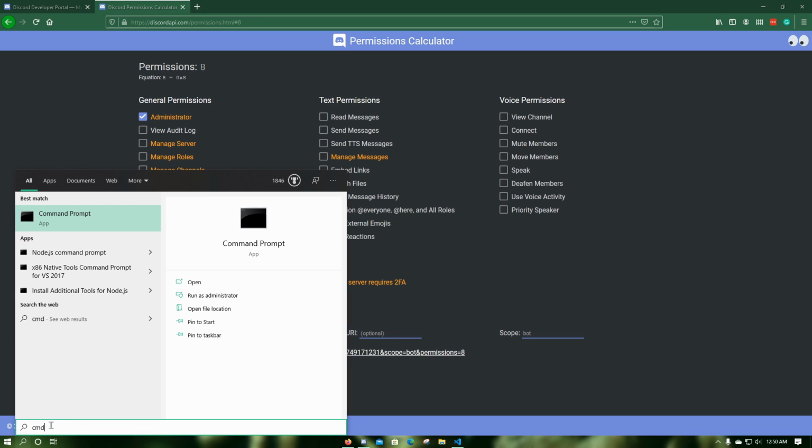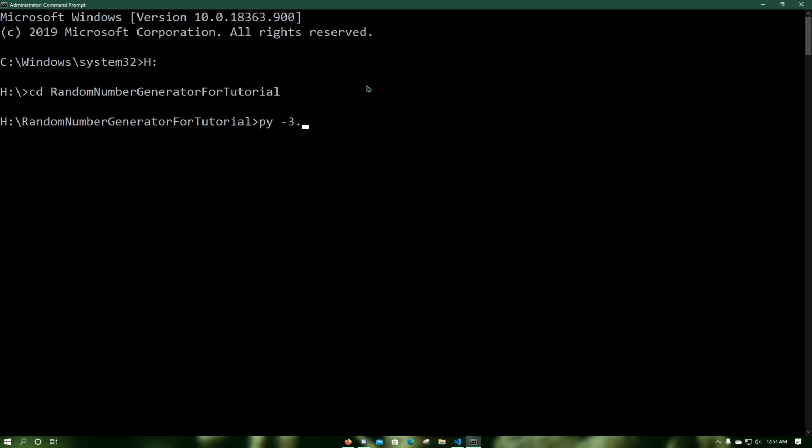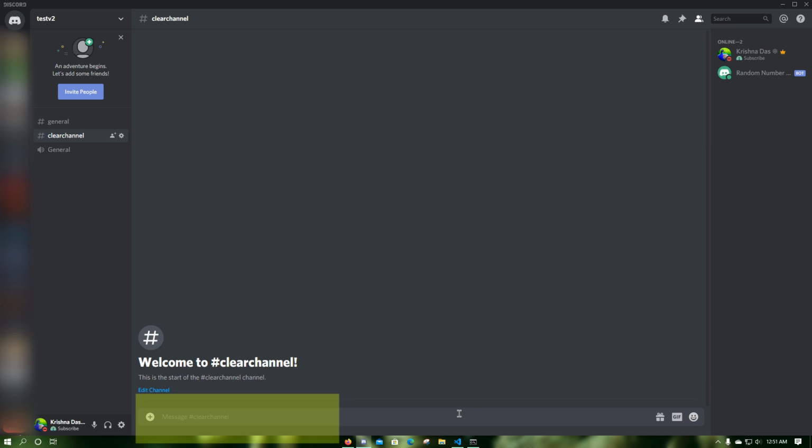Now run cmd as administrator and say yes to the user account verification. Now cd into the directory where your Python file is located. Then do py -3.8 and your Python file name. When the command line says the bot is ready, everything should be working. Now when you do the !random number command, a random number should be generated and it should be in the